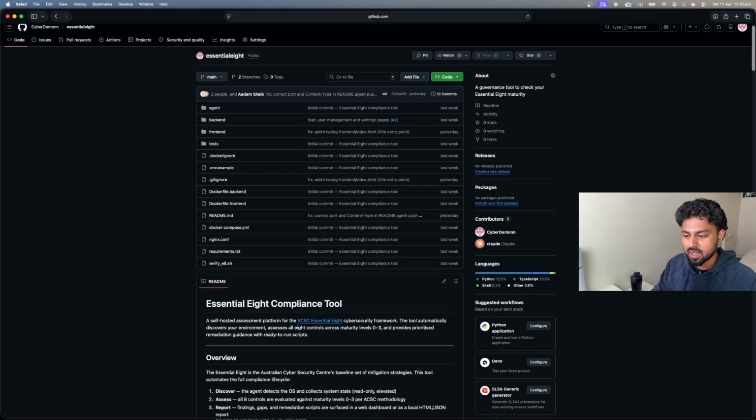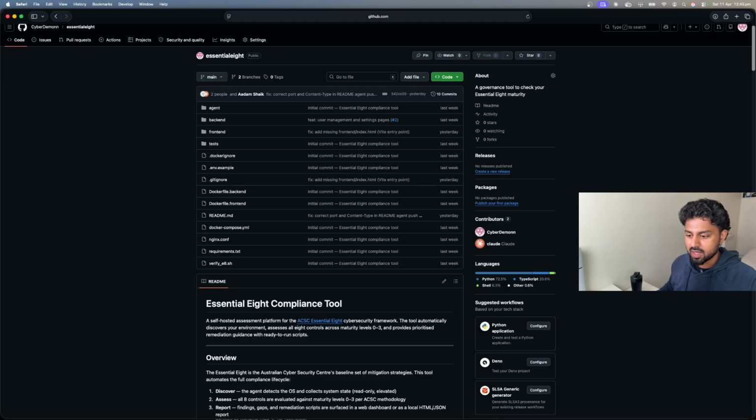So the compliance tool essentially has 2 components. It has one, which is the agent. The agent runs on your target machines, it collects the telemetries and sends it to the server, or what I call here the dashboard. The dashboard organizes all of this information, gives you good visuals as to how your maturity level is, and most importantly, it gives you the latest remediation steps. And these are actionable where you can just copy and paste them in your command line and improve the maturity